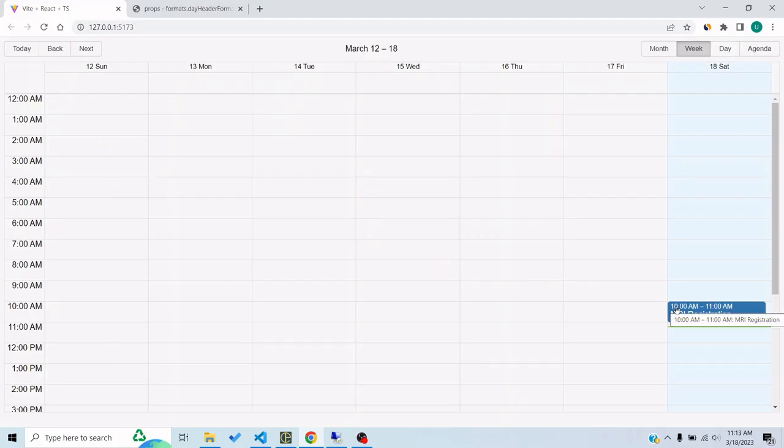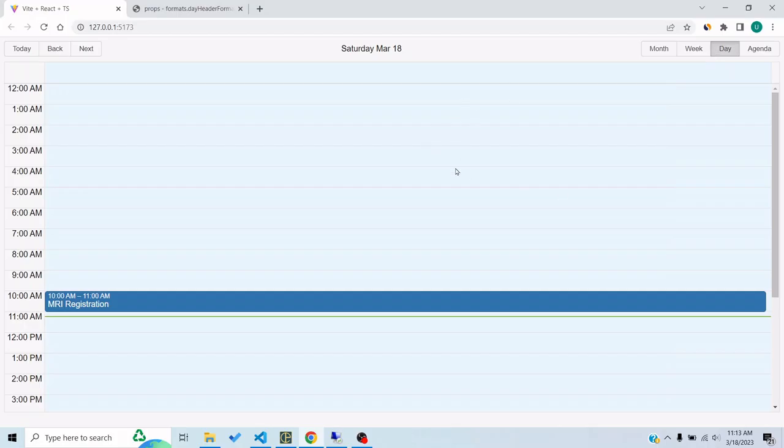The time range is given here 10 a.m. to 11 a.m. and also it's present in this particular range in the calendar as well, from 10 a.m. to 11 a.m. I didn't have to do anything special, I just specified the date range. And in the day calendar as well, you can see that it says 10 a.m. to 11 a.m. and MRI registration, which is the title. And because it is the whole day, it spans the entire width. So yeah,